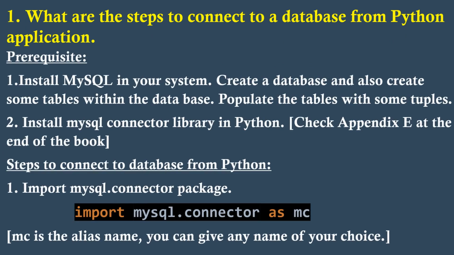To connect to a database, first of all, there are some prerequisites. The first thing is that you have to install MySQL in your system. And I think all of you have installed MySQL because in the previous chapters you have done queries and all those things. Otherwise, if it is not there, then you can install it from its website. It is an open source free software and you can just install it. And if you want the installation steps, then I can make a separate video for that.